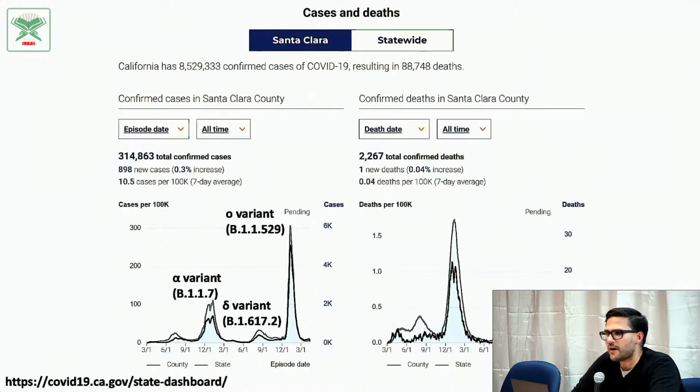So we go to the next slide. This is what our cases and deaths have looked like here in Santa Clara County, in our own backyard. So on the graph on your left is the cases over the last 2 years here in Santa Clara County. There's been over 314,000 people who've been diagnosed with COVID-19 during this time period. And over that same time period, here again in our backyard, we've lost over 2,000 lives of our brothers and sisters in humanity.